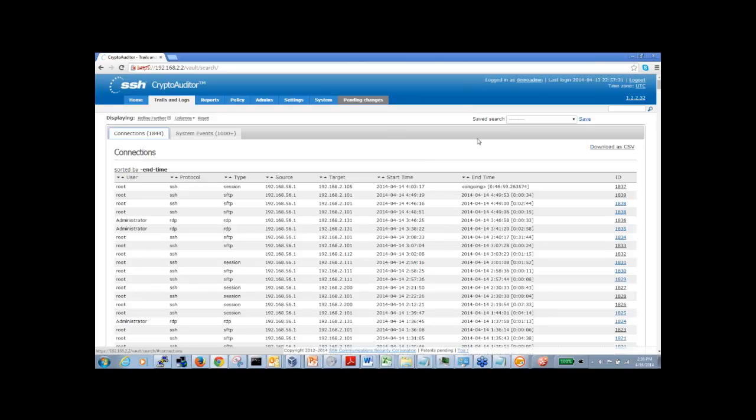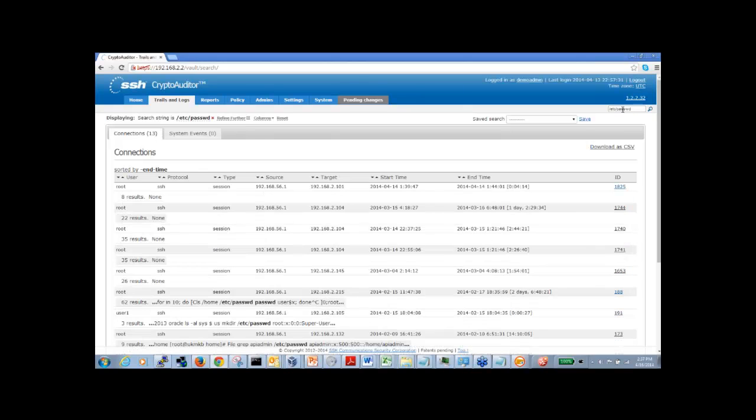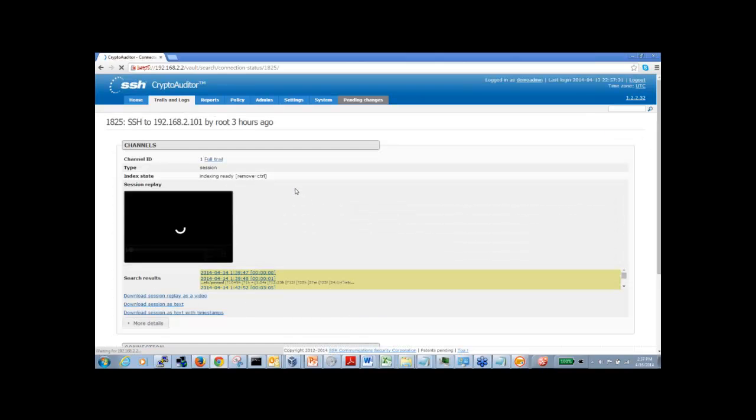One other thing that would be interesting to keep in mind is that if you feel someone's been modifying a file or accessing data that they shouldn't be accessing, for example, we'll do a quick search on /etc/passwd. We can review all the sessions in the past where anybody has either viewed or made any modifications to /etc/passwd. If we click on a session,